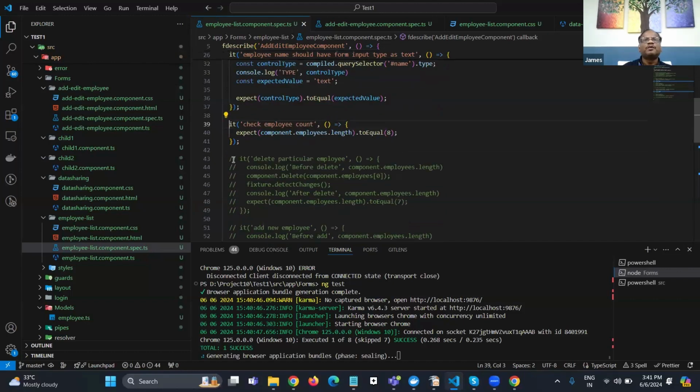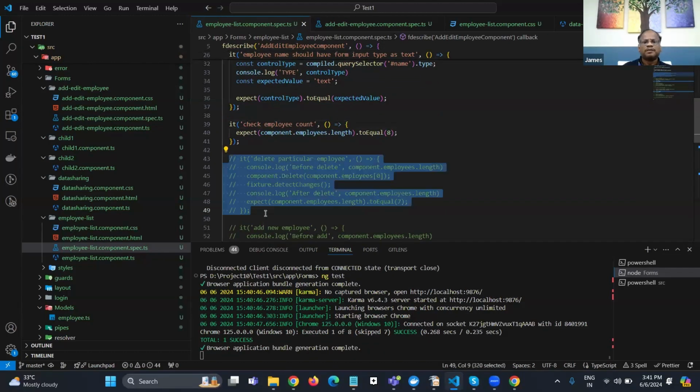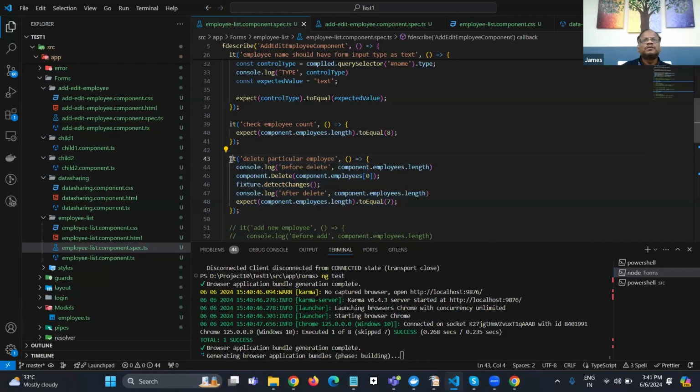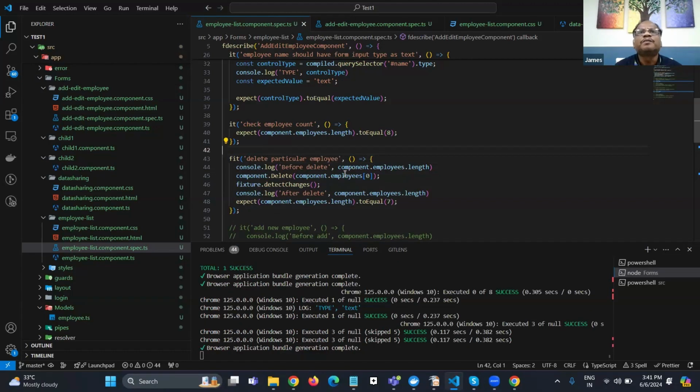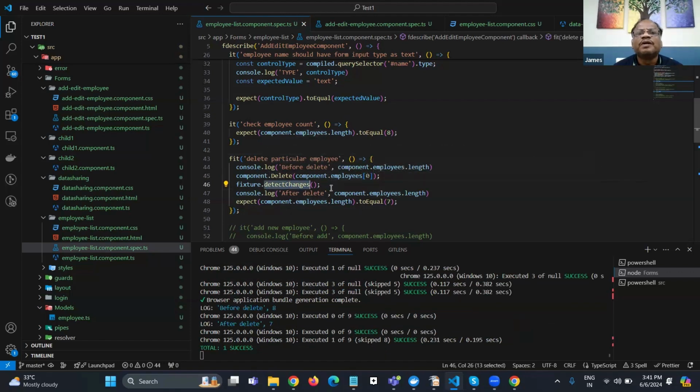So here we are going to delete one. We know we have only the 8 objects. Now I am going to delete the first object and call fixture.detectChanges, so we inform Angular to update the latest state, and we are checking here. After the delete, how many should be there? 7. Okay, it checks 7 here. So this is the delete,